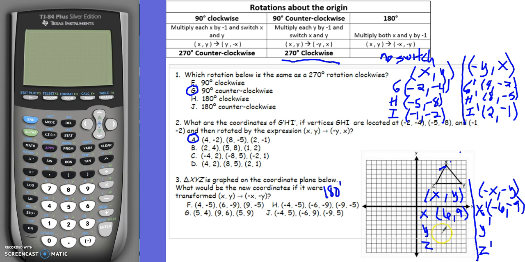Y is the ordered pair 9, 5. It's going to be -9, -5. And then we have 4, 5. And that's going to be -4, -5, which is going to be H. All right,